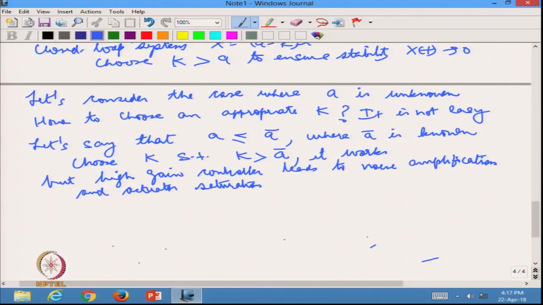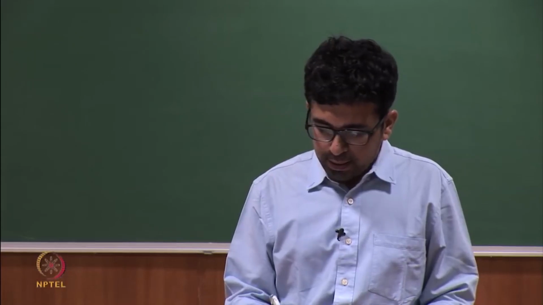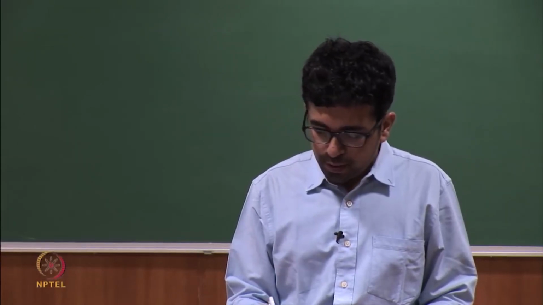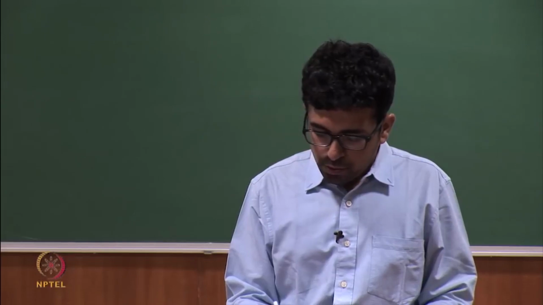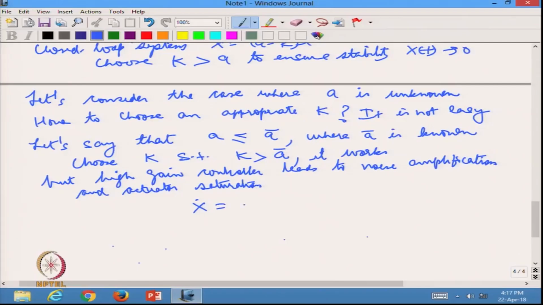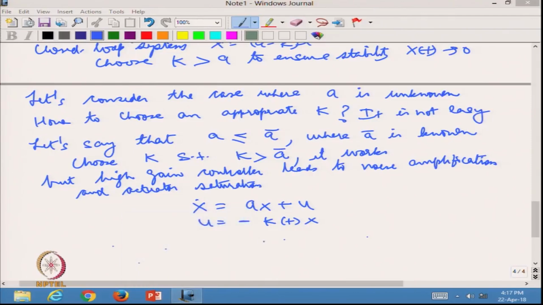Okay. So, it turns out that you could design an adaptive controller in this case, and I can in fact write down the adaptive controller that we could design. So, for the system x dot equals a x plus u, we can design u to be equal to minus k of t x. So, here k is time varying, not the fixed gain that we had considered earlier, and the way this k of t is changing is from this differential equation, which is given by